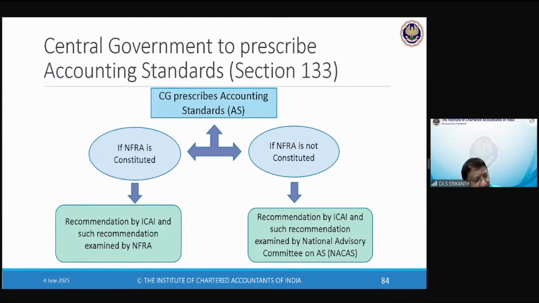Be careful means what? You should see to it that you're complying with the accounting standards, auditing standards. Not only should you comply, your compliance should also be documented. Samajh gaya na? See, it's not just about compliance. Everybody, I'm complying, you're complying. But tomorrow, if NFRA is sitting on your neck, can you prove that you verified? Got your documentation. That is important. Have your employees documented it? How did you form the opinion?